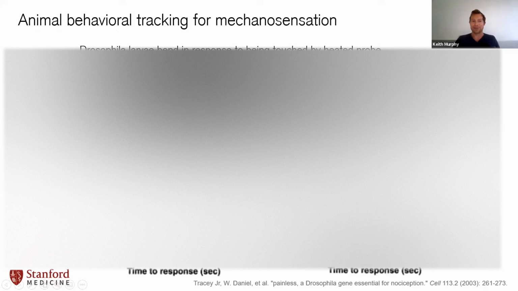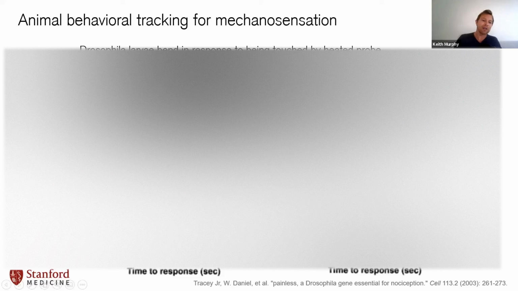Similar methods have been done in Drosophila larvae. So here's an old Seymour Benzer study, the father of behavioral genetics, and my own scientific grandfather from who's my PI, Bill Jaws, old PI. So I like his studies a lot. He heated up this small probe and would touch it to the larvae's skin. Now I know this is temperature, but as you now know, it's very closely related to mechanical force. And when you touch the larvae, they would create this bending pattern, almost like a pain response to a heated probe. And when he knocked out this one, I think it's a TRP channel called painless,